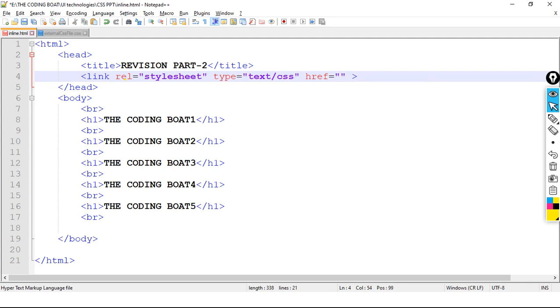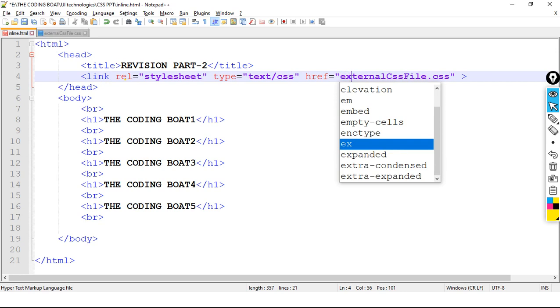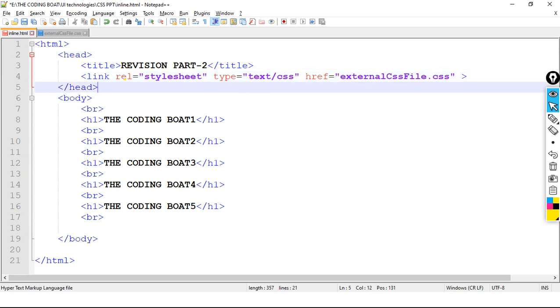And here we have external css file dot css. Okay, now observe carefully what I am going to do.